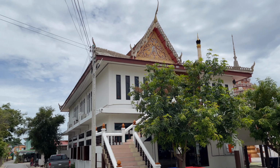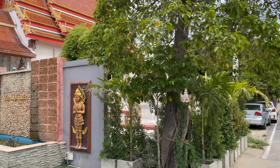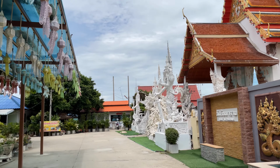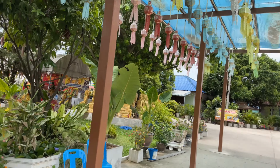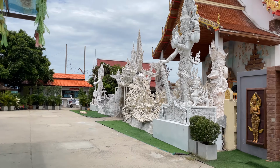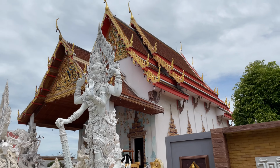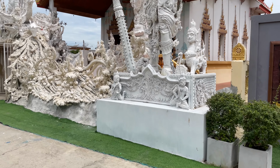This building here, it's got the monk quarters, and it has kind of the general purpose meeting halls and stuff down below. But what attracts your attention here, other than like the little paper lanterns and the little shrines and stuff like that, is all the styling that they're adding on to this temple. So they have some big plans. They're doing a bunch of new work here. You can see here,